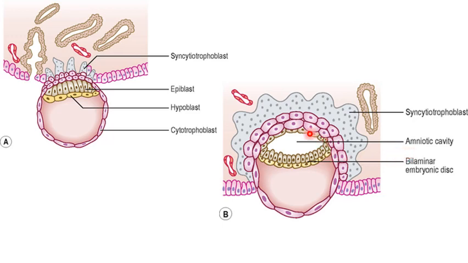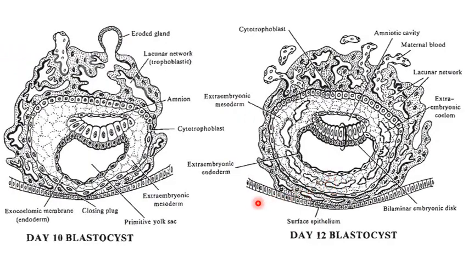And the roof of this cavity will be lined by cells derived from the epiblast, and these cells are called amniogenic cells or amnioblasts. Now, the second part, that is formation of the yolk sac. This hypoblast will grow on both the sides, enclose a part of the blastocele to form the primary yolk sac or the primitive yolk sac, as can be seen in this next diagram.